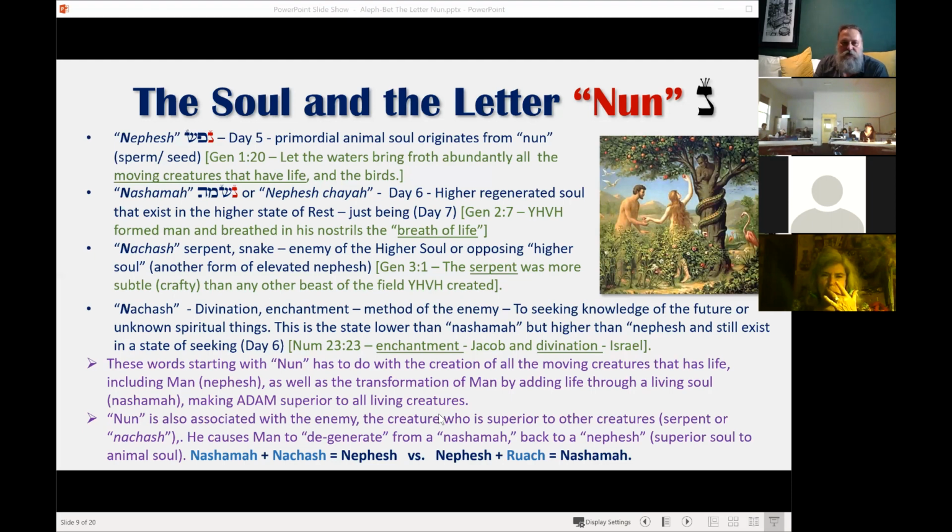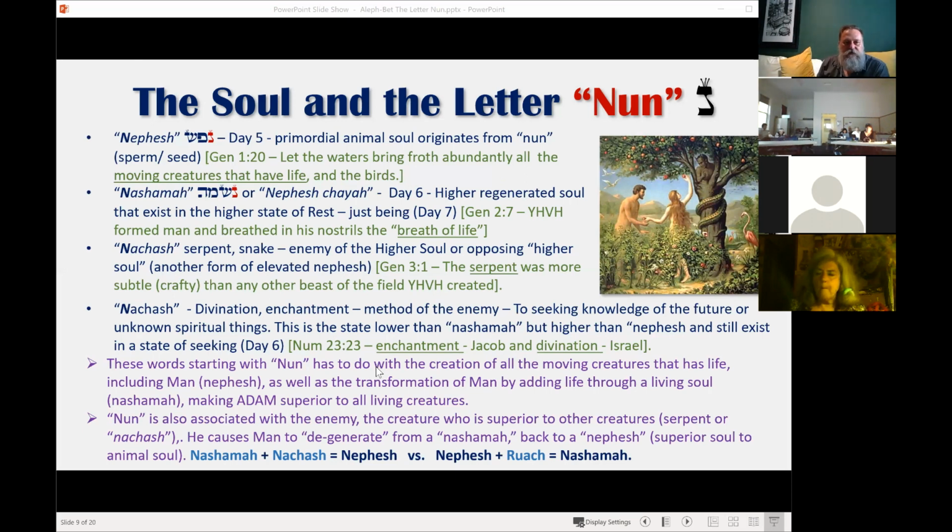So the nachash is the force that pulls you down to duality, and the ruach that they receive, which is the breath of life, pulls you up to the world of unity, which is day 7, and the nachash pulls you down to day 5, which is just the primordial or the animal soul, which is just the living creature within the world of duality. So we see that the enemy used a technique, and they both share the same word, that produces those opposing forces, which we know as Hasatan, or the opposer or the enemy.